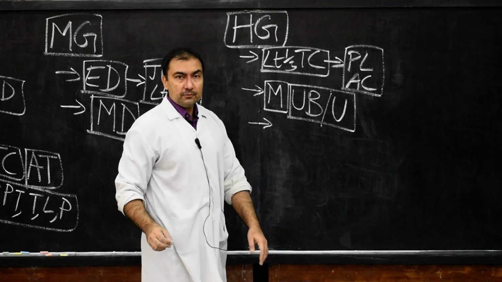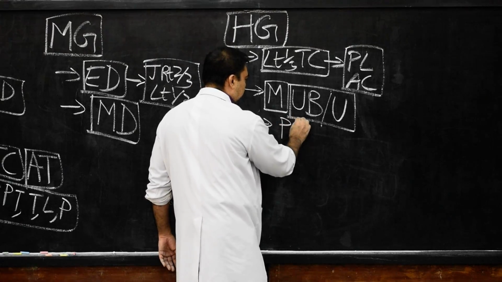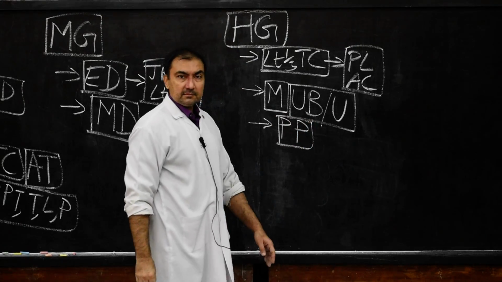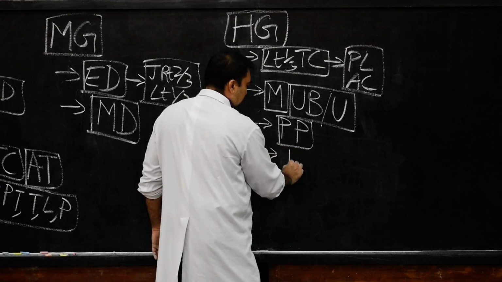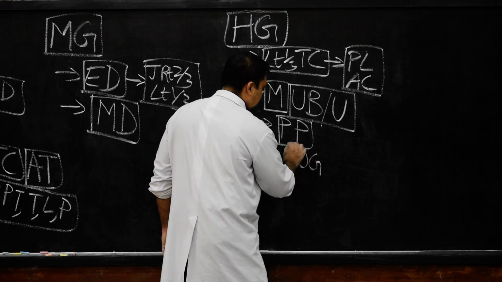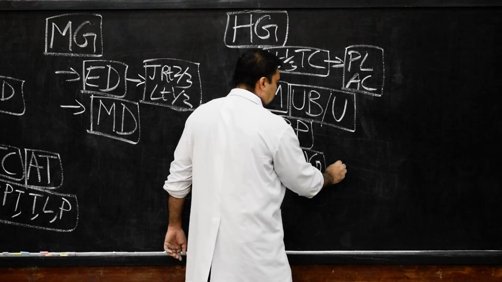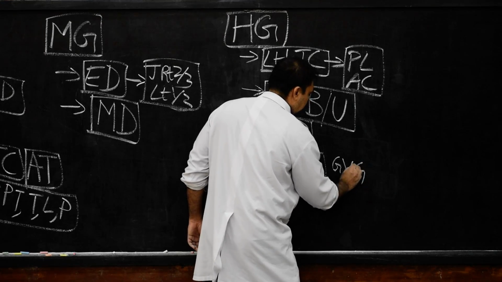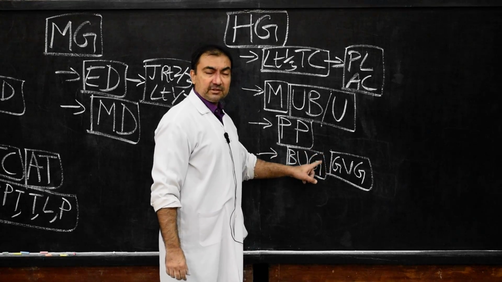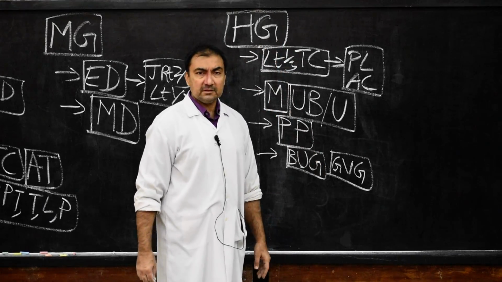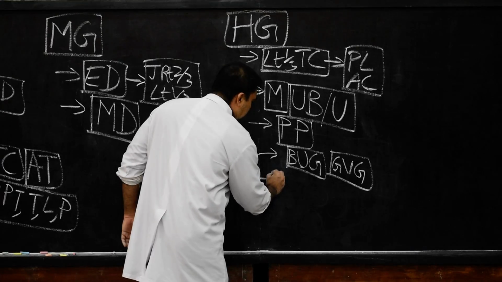Now next derivative, very interesting. The entire parenchyma of prostate will develop from endoderm of the hindgut. Along with that, there will be bulbourethral glands, which are known as bulbourethral glands of Cowper. Also, greater vestibular glands. So these glands will also develop from the endoderm of the hindgut. These are the derivatives of the endoderm of the hindgut, and